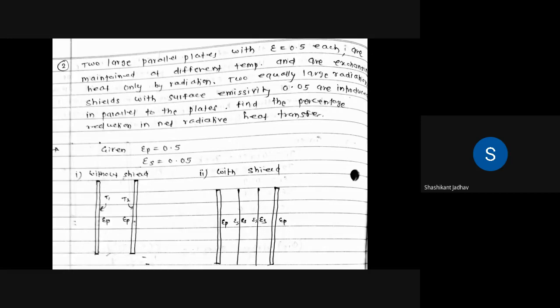So all of you calculate the percentage reduction. We have to use the same formula we used in the first problem. Consider two cases here. First case, Q without shield, we have to find the heat transfer rate, and in the second case we have to find Q with shield. Then we use the formula for percentage reduction in heat flow. Do the calculation yourself and tell me the answer. Can anyone get the answer?